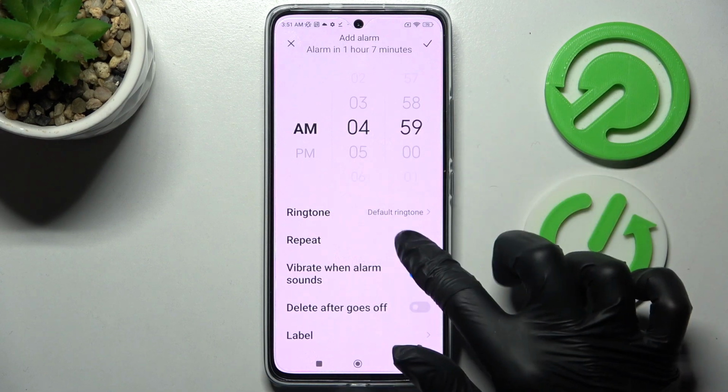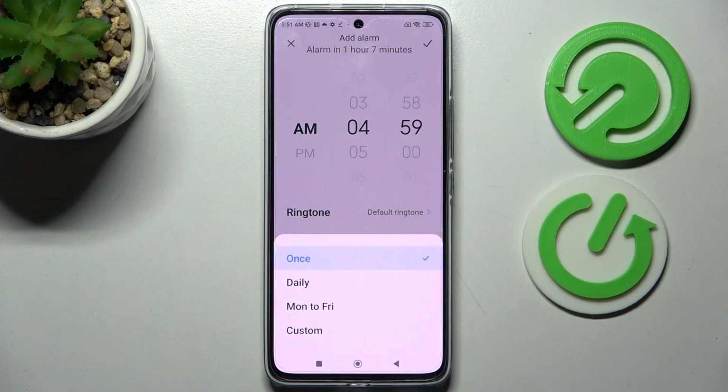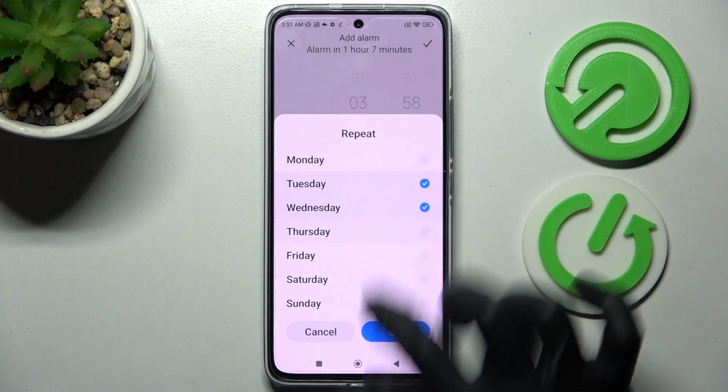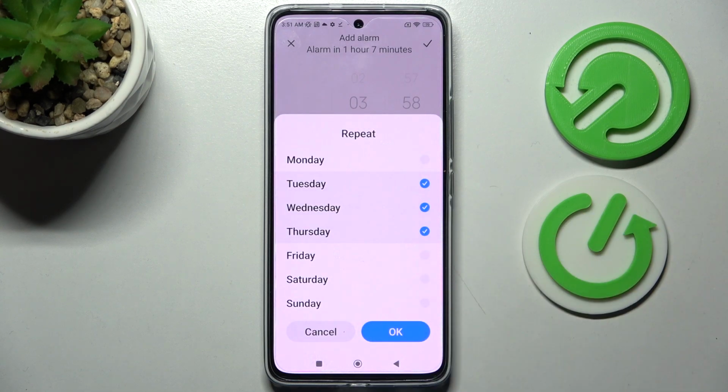Now you need to click on repeat and tap on the best option for you. Once daily, Monday to Friday or custom. I will go with custom, so now I can select days of the week manually and save them by choosing